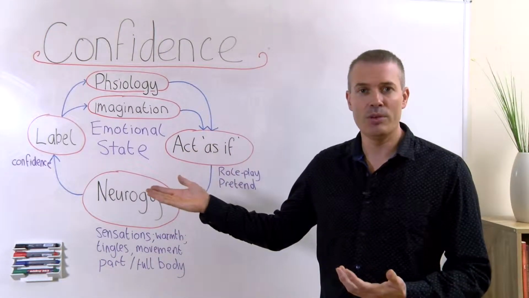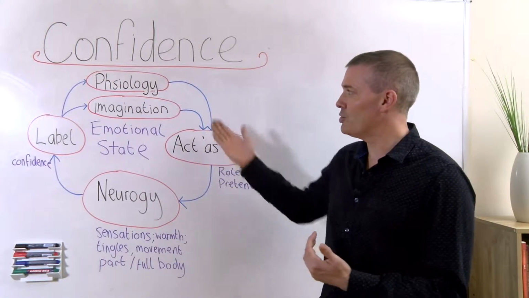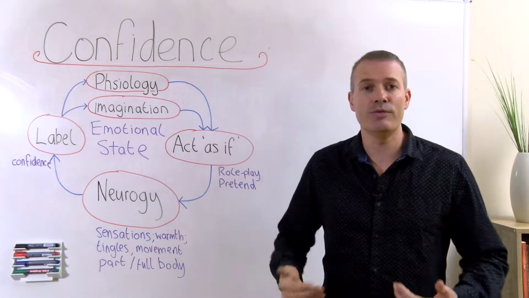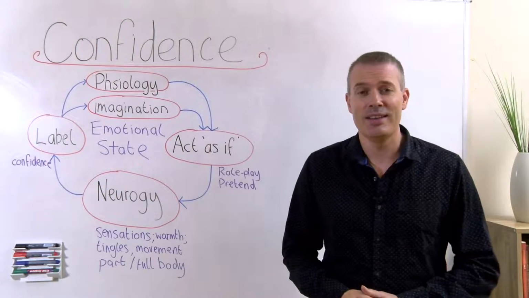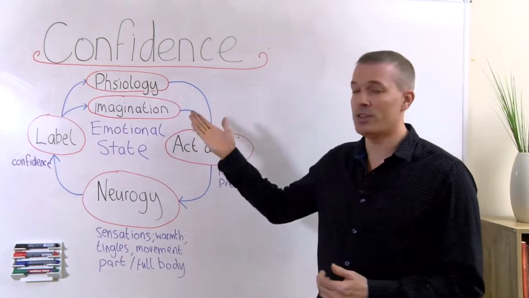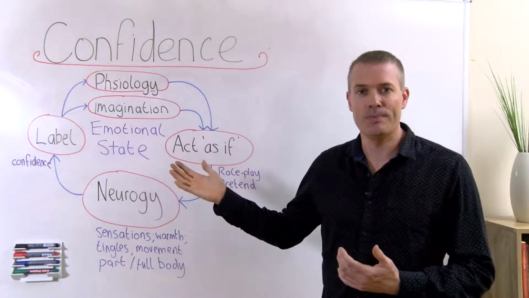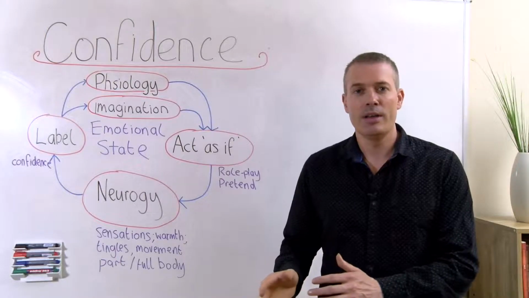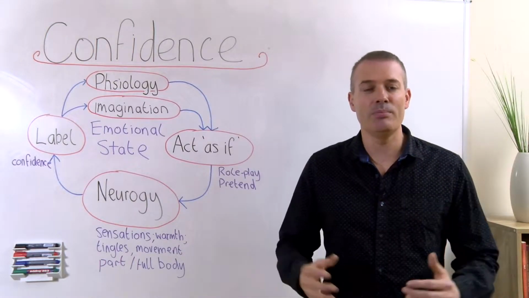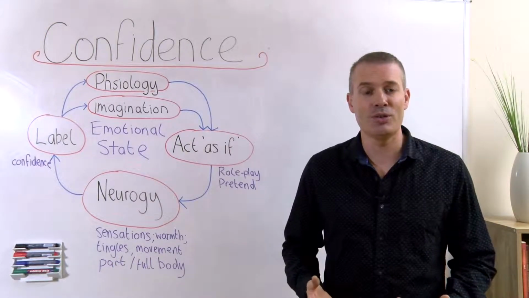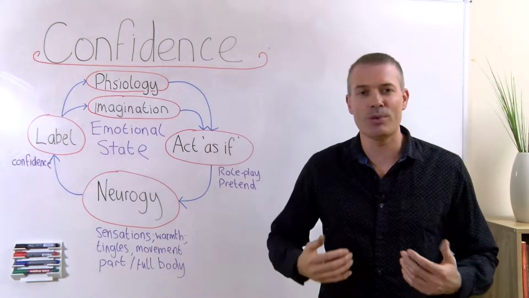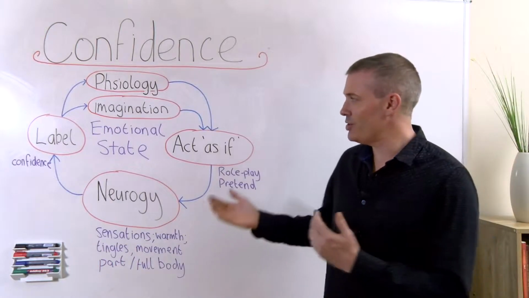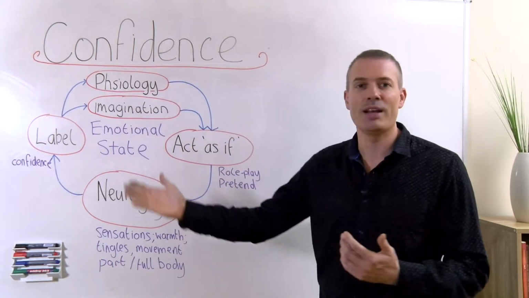So now that you have your label, we are going to go for confidence. There are two paths that you can take to start to create and then intensify the emotional feeling of confidence, whatever that sensation, that feeling means to you. The path of physiology and the path of imagination. And these two are not mutually exclusive. You can focus on one more than the other, but you can also generally combine them both at the same time. You can deliberately use your physiology and your imagination to really produce some quite profound feelings and sensations throughout our nervous system. So let's just briefly explain the two of these and then we'll gradually make our way around the loop.